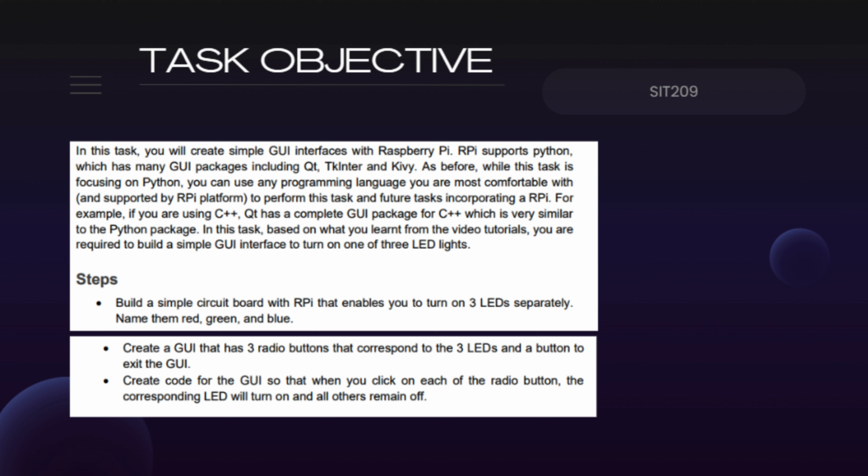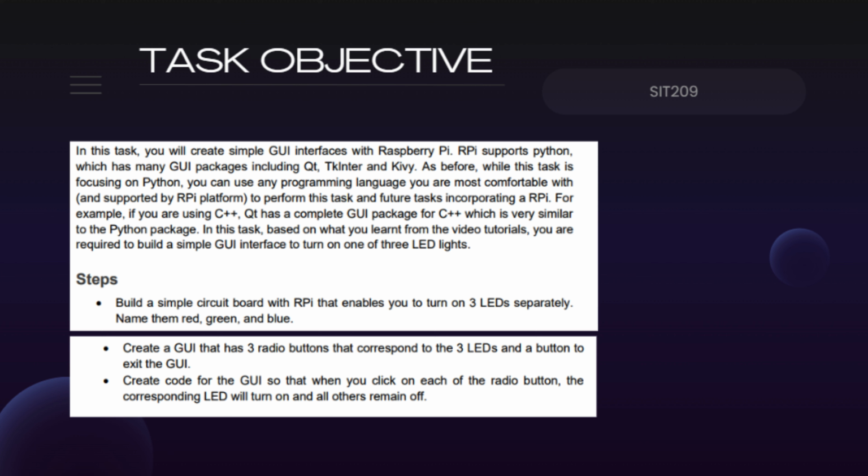The initial step involves constructing a basic circuit with three LEDs designated as green, red and blue. Subsequently, we will create a GUI using Python with the libraries mentioned in the task sheet. This interface should include three radio buttons, each corresponding to one of the LEDs, and an exit button to terminate the application. The main task here is to implement a functionality where selecting a radio button activates the associated LED